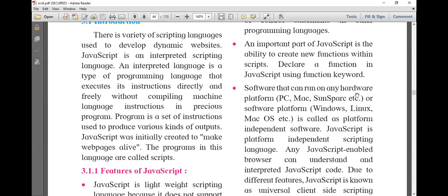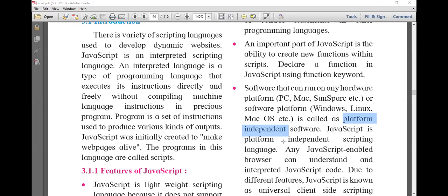Okay, this thing is very important. Now, what do you mean by platform independent? Platform independent means you can use JavaScript on any hardware device.